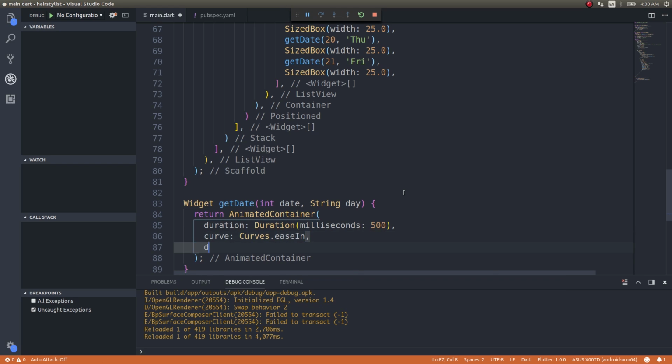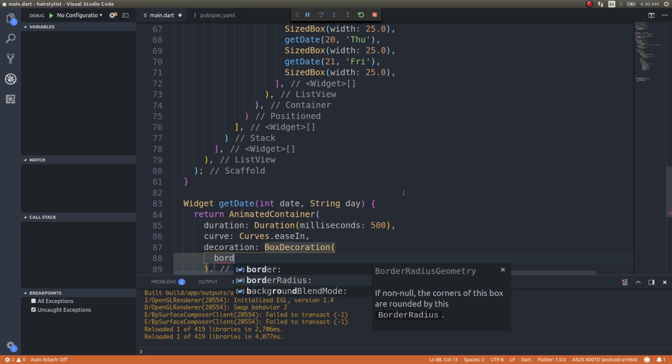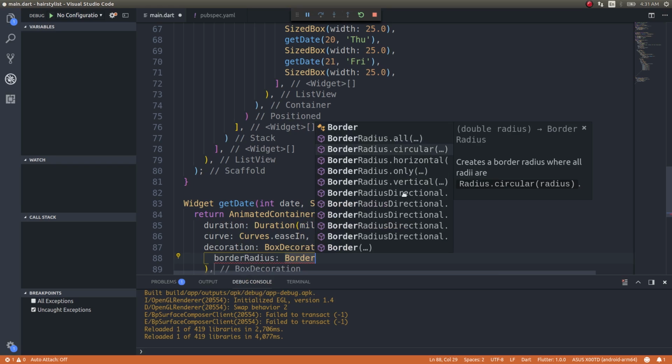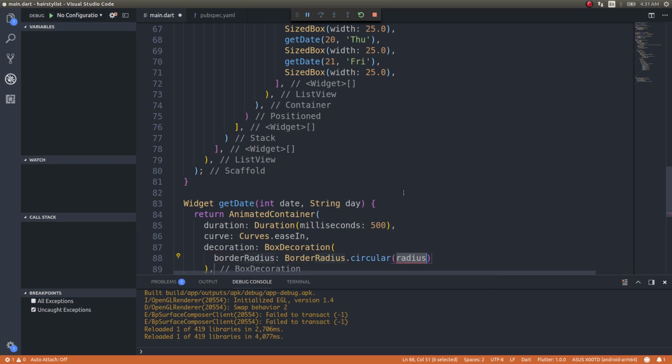And decoration would be BoxDecoration, borderRadius BorderRadius.circular 30.2, and color would be